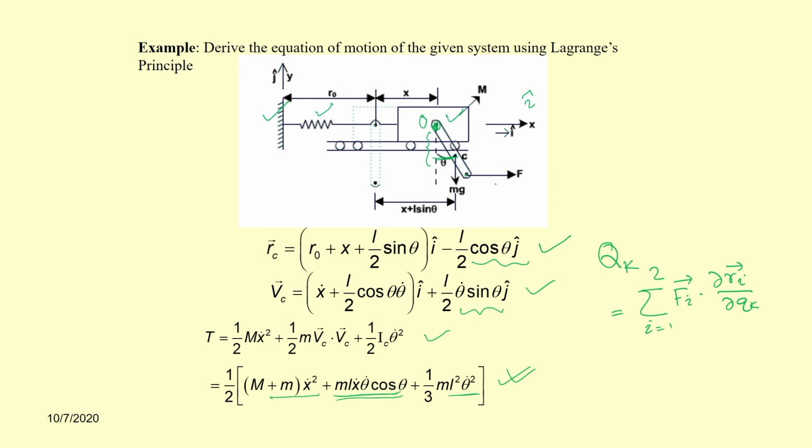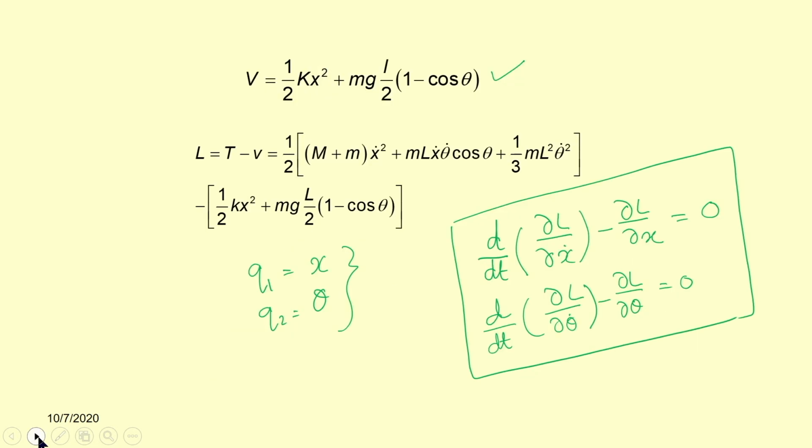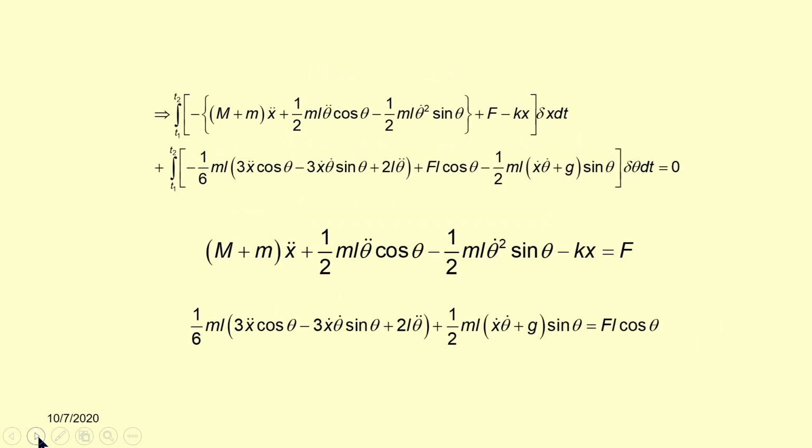Here, assuming the force acts in the horizontal direction, and you also have the weight mg acting downward. Taking both the forces, you can find the equation of motion. Already you have found this r i, and by using that you can find this equation. So, in the first case your Q1 becomes F and in the second, Q2 becomes F l cos theta. So, this is the equation of motion.